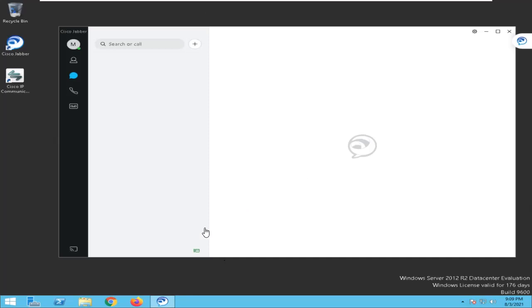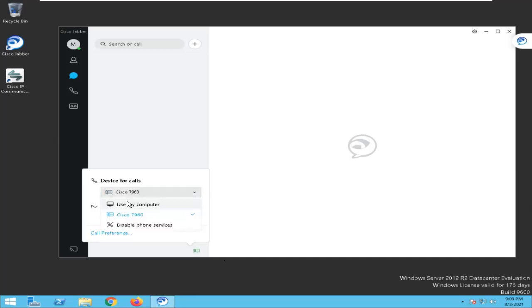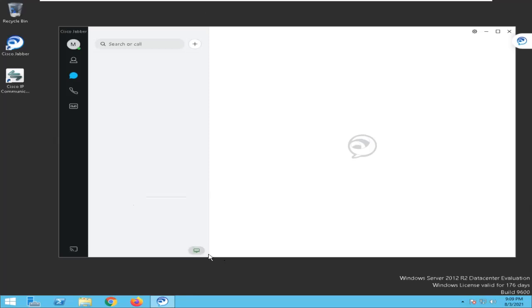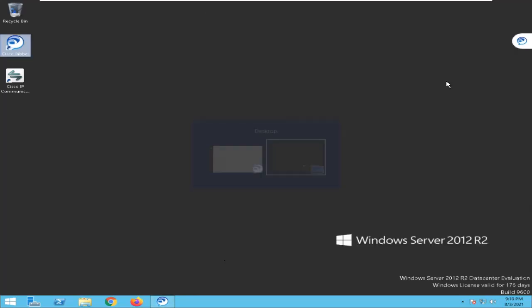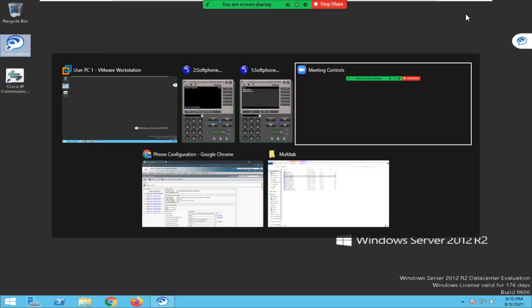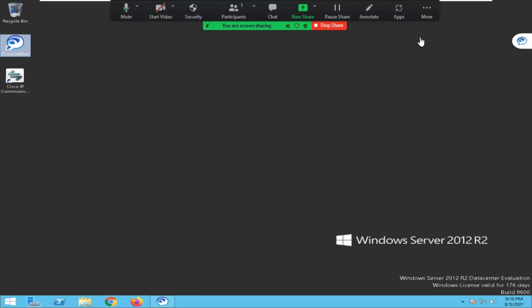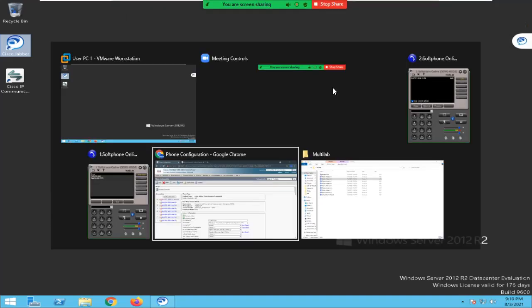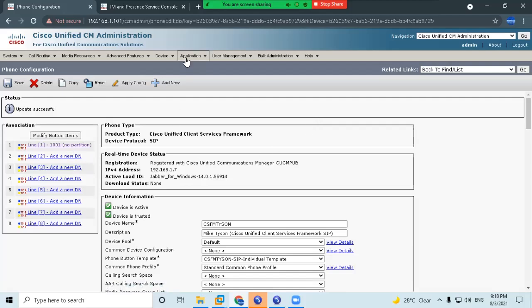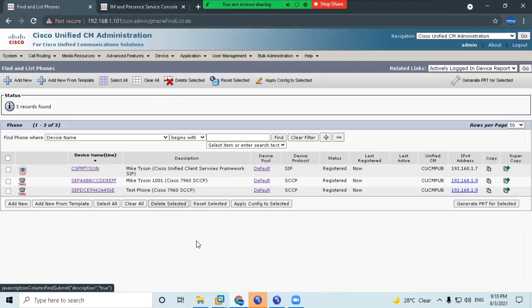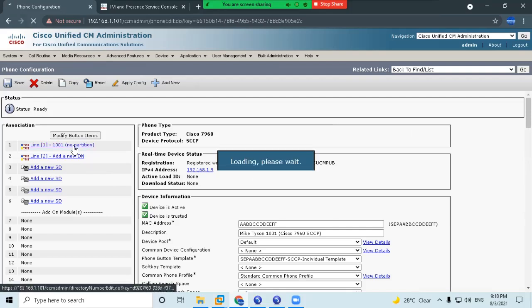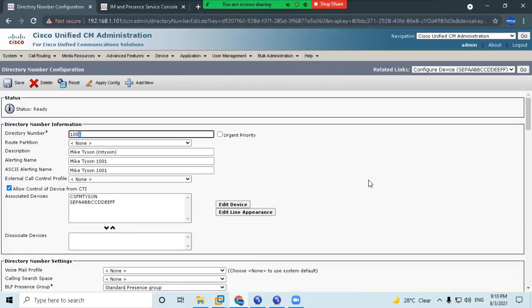Now, since I can also receive the call on my computer, I can just change it. Just think about, I had more phones with me, and they were located at different locations. So to demonstrate that, I would just go ahead and go to the call manager, and on my device here, the physical device, I'm going to say you're not 1001, you are